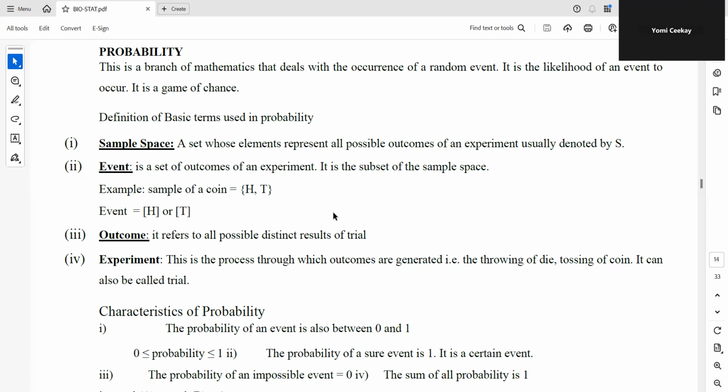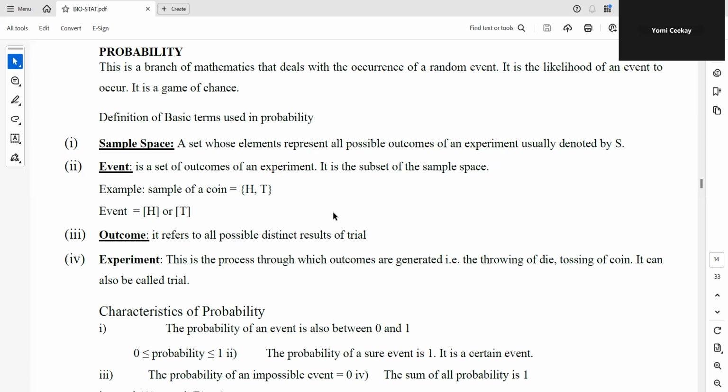What is probability, if I may ask? Probability is a branch of mathematics that deals with the occurrence of a random event. That is, it is the likelihood of an event to occur. We can also say that it is a game of chance. That is, either it might happen or it might not happen. So that is why it is called probability. There are some key basic definitions or terms used in probability, like the sample space, the event, the outcome,